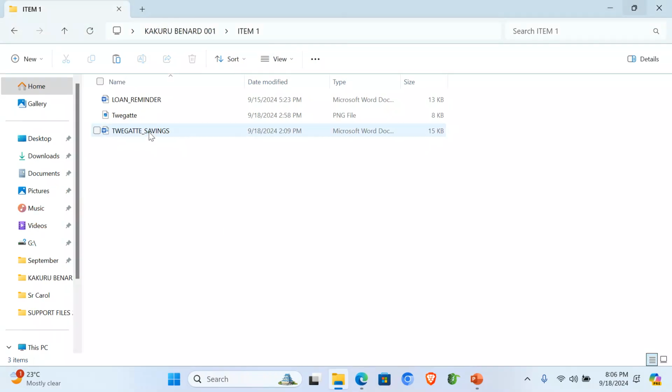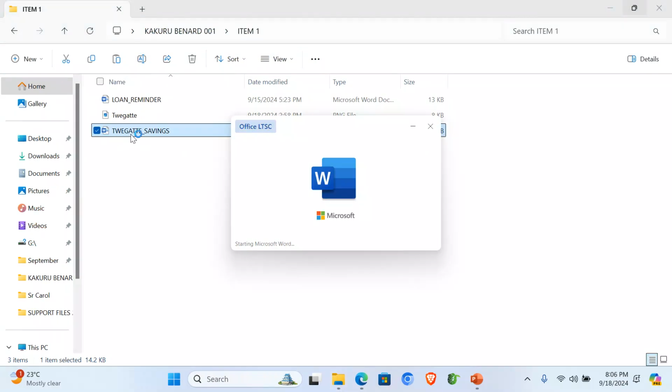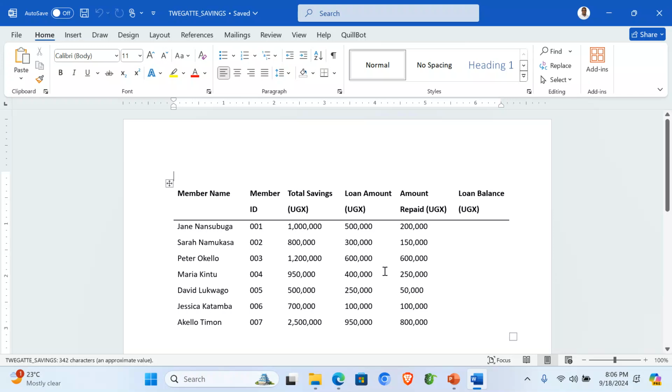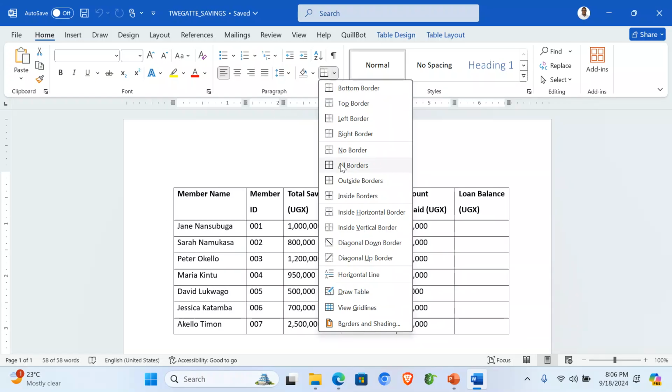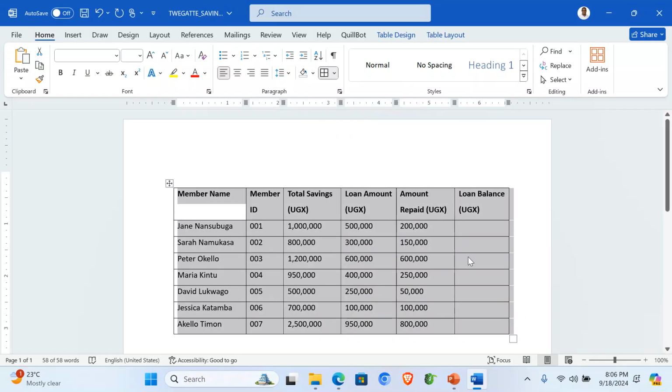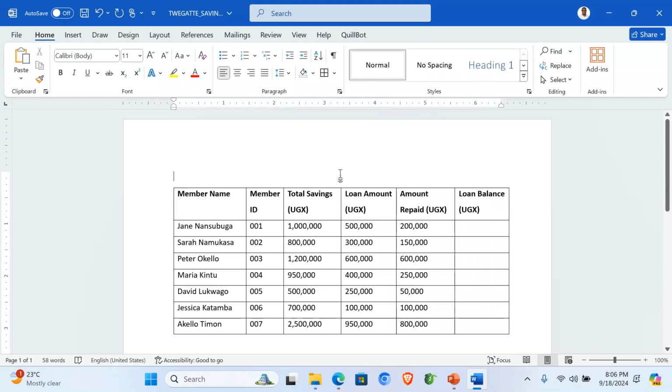So meaning that I'm going to open this Twegatte Savings document, and after opening it, we can now make it a table. So I can highlight this, I go around here and say all borders for now. Having put the borders, we can even put like a heading. This is Twegatte Savings Group members,